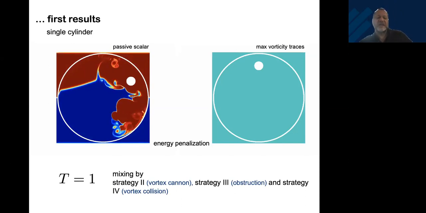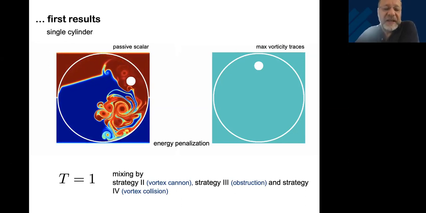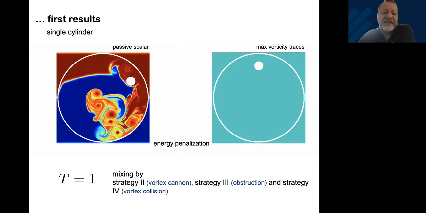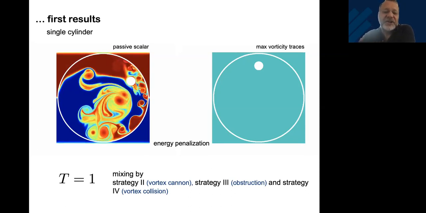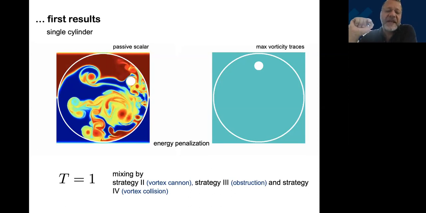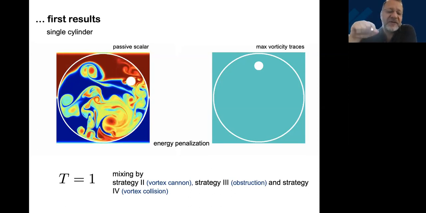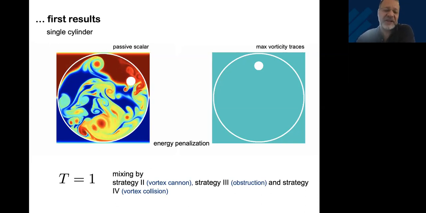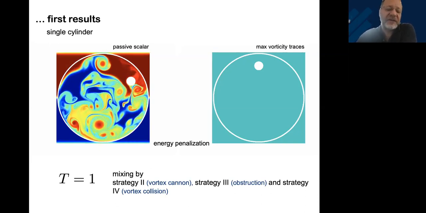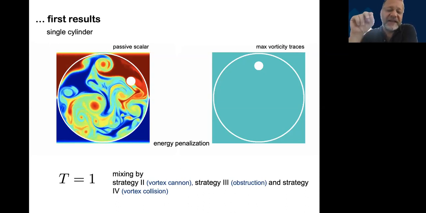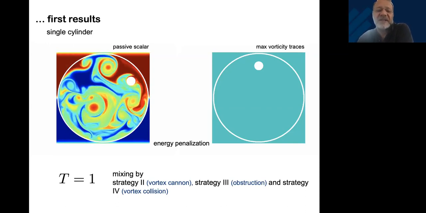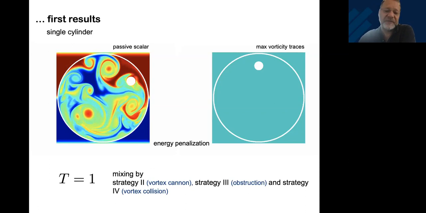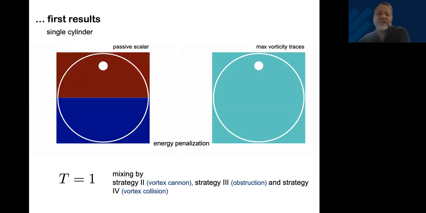So it doesn't go through the interface. It could reach the interface, but rather than going through it, what it does is, I'm playing that one again, it jiggles back and forth and creates a lot of shed vortices that sooner or later, even after the control strategy is done, can still stir the fluid. And only after these vortices have been generated does the stirrer move towards the interface, stop there at t is equal to 1, let the stop vortices overtake the cylinder, and then distort the interface.